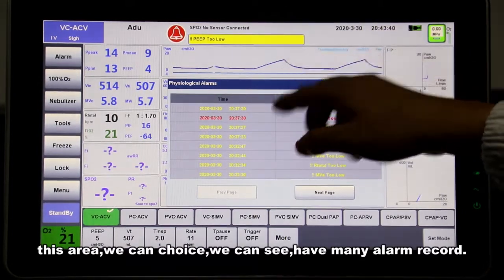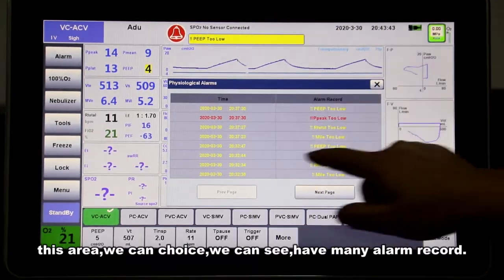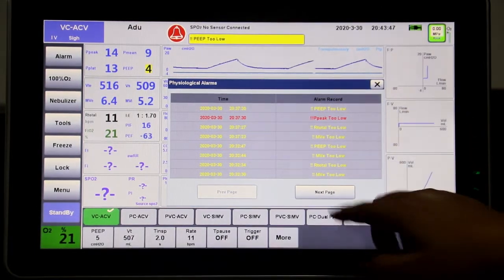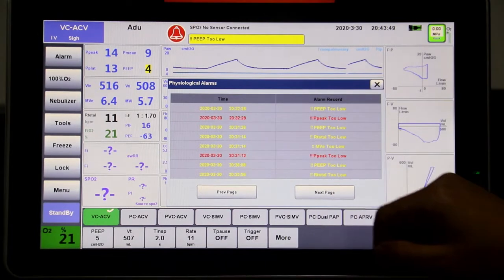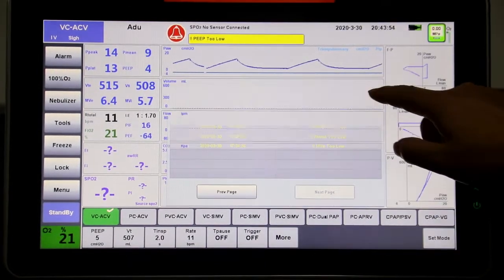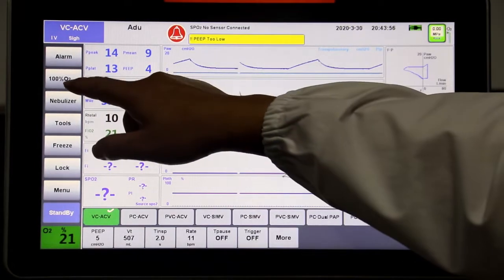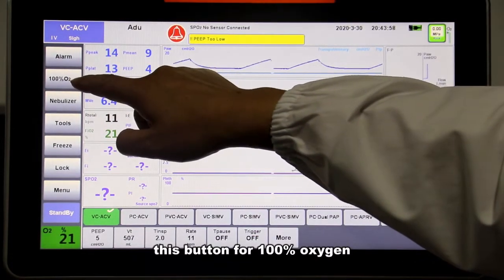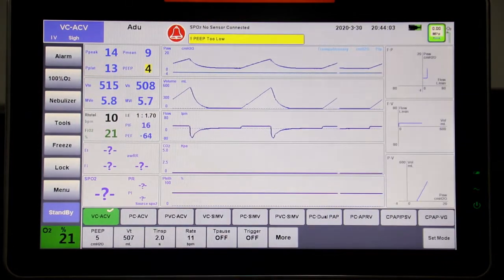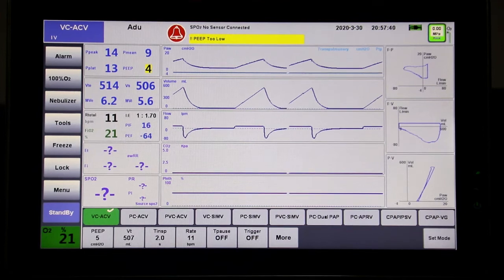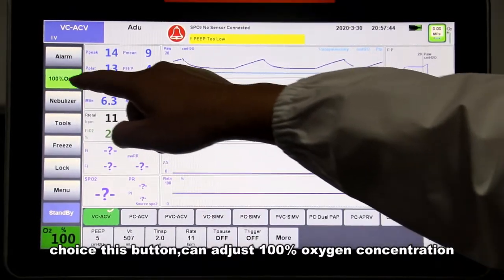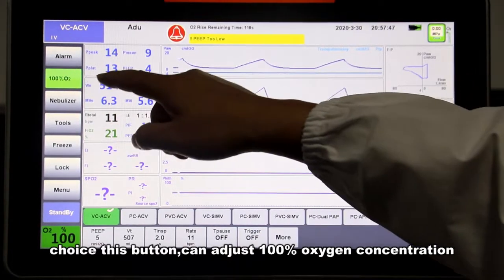In this area we can see we have many alarm records, and we can choose next page. This button is for 100% oxygen. Press this button, it can adjust to 100% oxygen concentration.